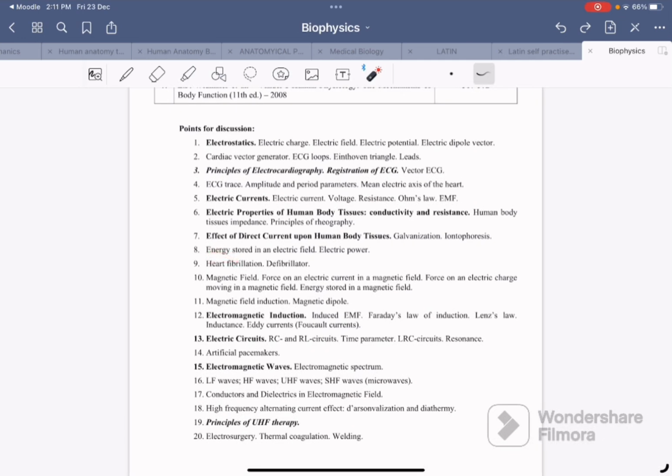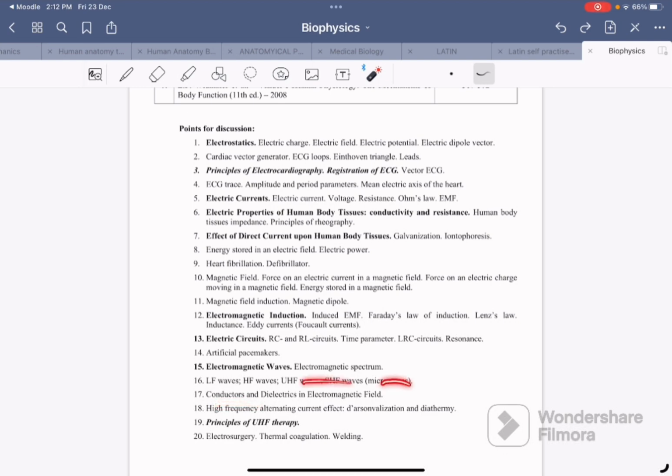So energy stored in the electric field, electric power, heart fibrillation, defibrillator, magnetic field, force of electric current in the magnetic field, force of electric charge moving in the magnetic field, energy stored in the magnetic field, induction, magnetic dipole, electromagnetic induction, induced EMF, laws of induction, Lenz's law, inductance, induced current, and RCLC circuit, electric circuit, artificial pacemaker, electromagnetic waves, electromagnetic spectrum,